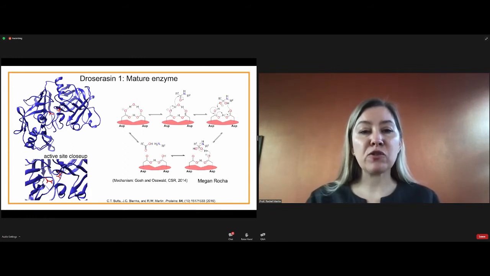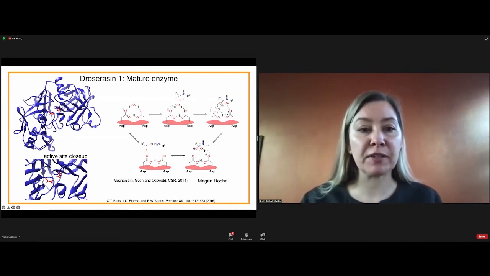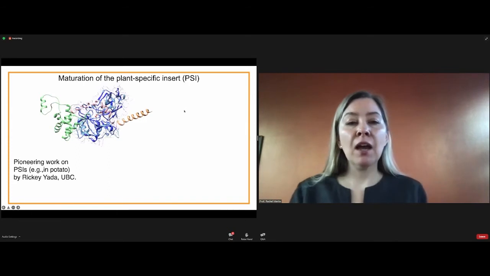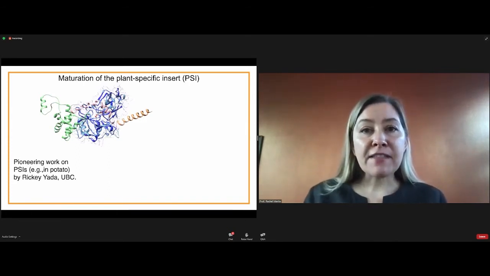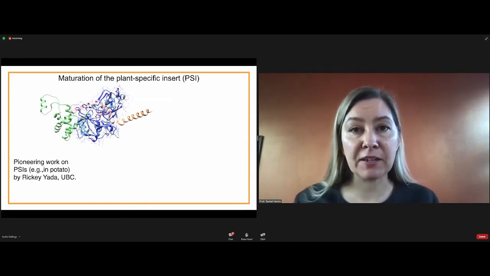The close-up, though, shows you that you do have these two aspartic acid residues that are pointed at each other, ready to attack the backbones of the substrate proteins. Okay, so we think that the plant-specific insert gets cleaved off the protease in the mature enzyme that's active outside